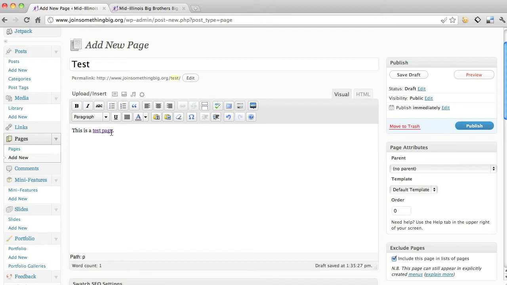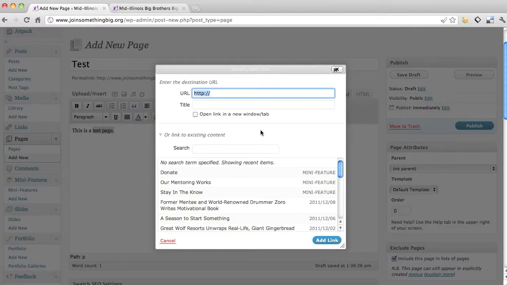So back to this. If I want to change this at any time, I just highlight the text. You can see the unlink button, the chain broken, and it unlinks it. Let's highlight it again. I want to link. But this time, say I want to link inside of the website to another page. Right down here it says link to existing content. These are pages inside our